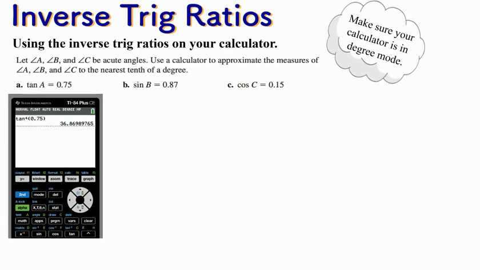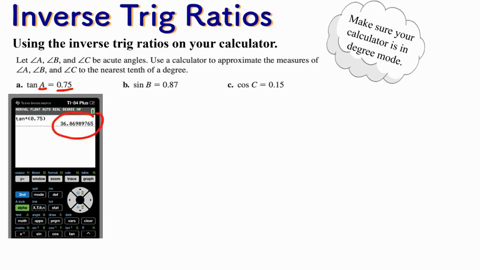So in this section, we're just going to get some questions where the textbook tests us that we are actually entering our inverse into the calculator correctly. So the first one we see is done. If we want to solve for angle A, we're going to take tangent inverse of 0.75, and we get an